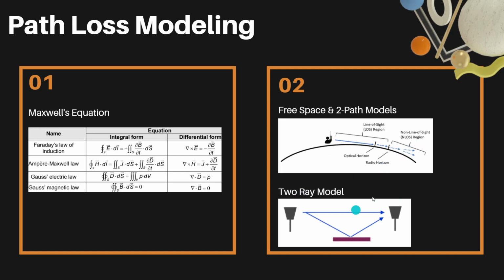The next one is the two-path model, or the two-ray model. Basically, the receiver receives two types of signal. The first is the line of sight signal, and the other is the non-line of sight signal, which comes from reflections, refractions, or other things. In this model, the power falls in proportion to the distance squared. The power decreases significantly when the distance is greater than its threshold distance, and it is very far away. This model states that it is independent of the wavelength and the frequency.